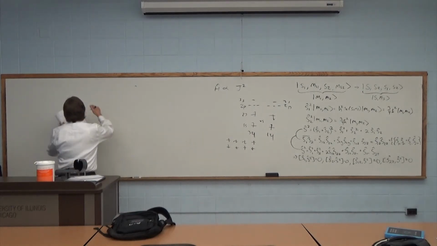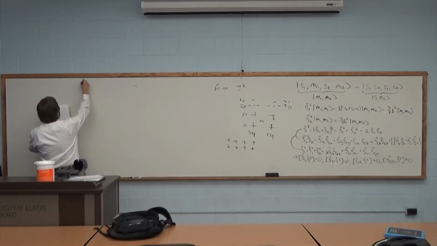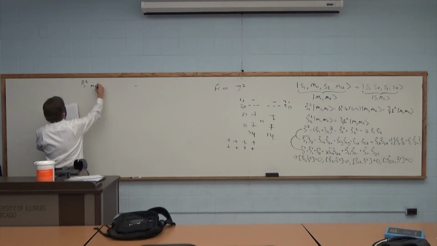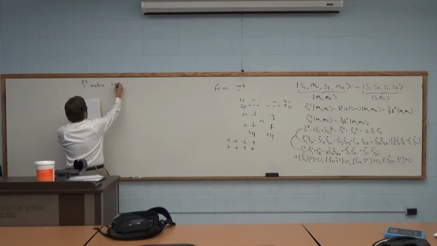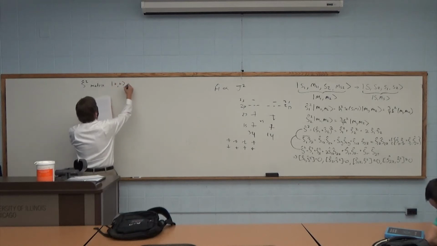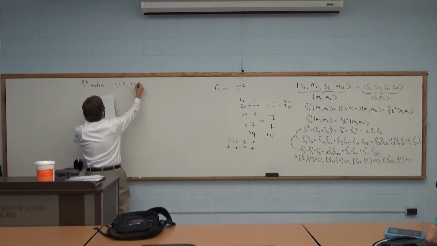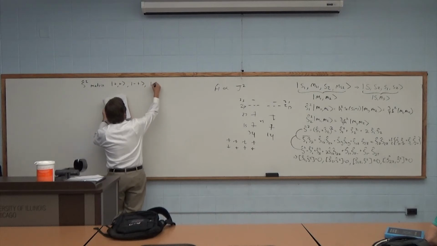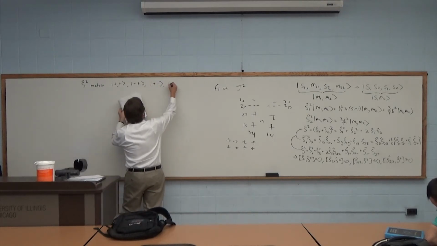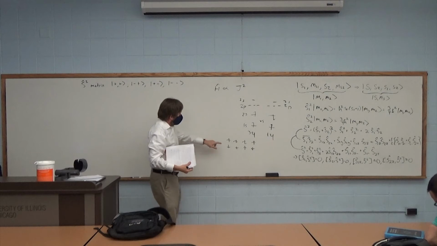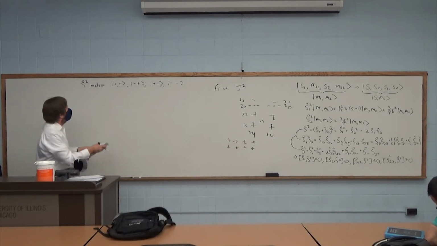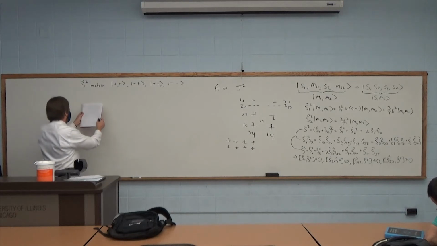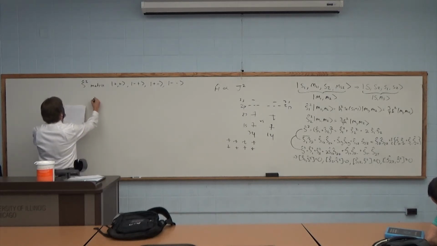So again, what we're going to do is calculate the S squared matrix. And we're going to be using the basis set of plus plus. And you know what I mean by this, right? Minus plus, plus minus, minus minus, right? That's up up, down down, up down, down up. Okay. Now, as I mentioned before,